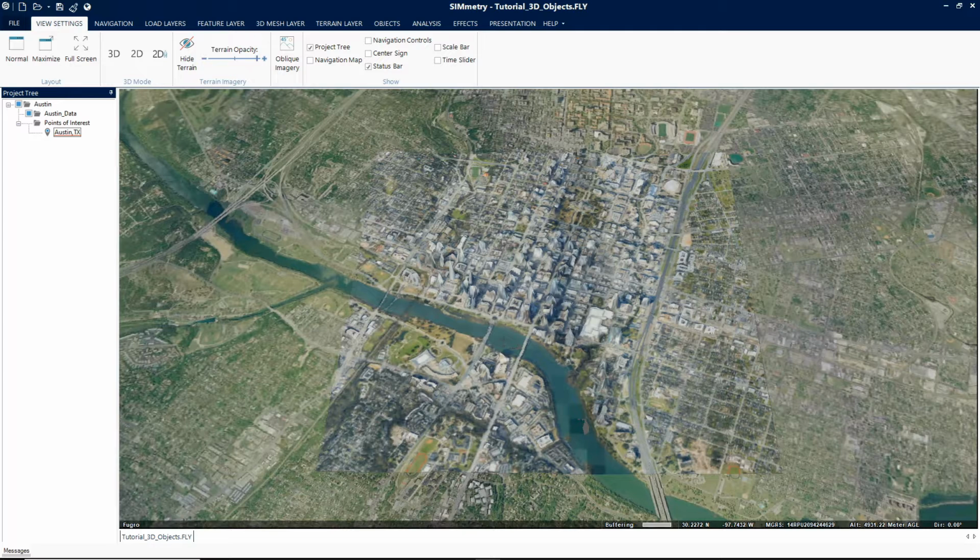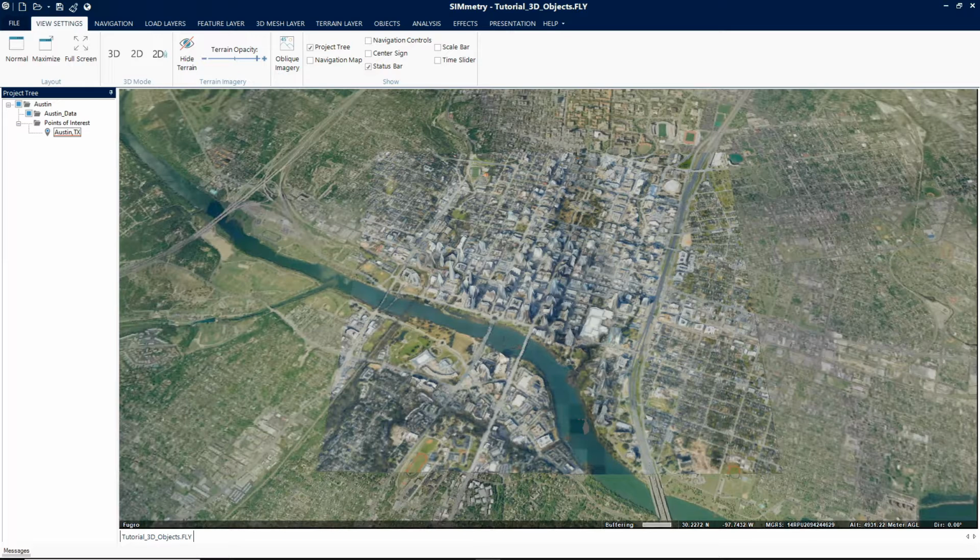This tutorial on 3D objects will provide you with a basic understanding on how to add these types of objects into your project. To begin, we will go over where these objects are accessible. To access the 3D objects, on the ribbon menu, click on the Objects tab and in the 3D group, click